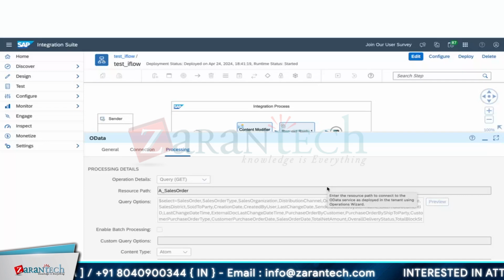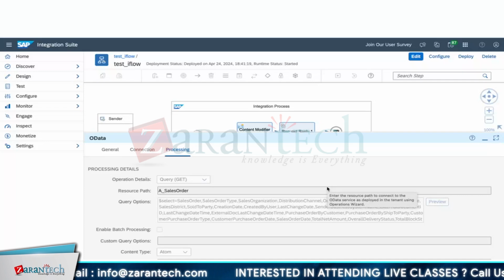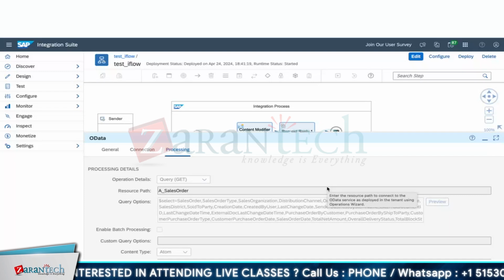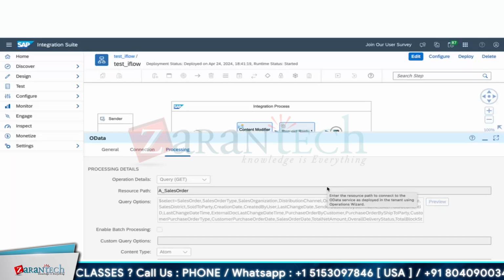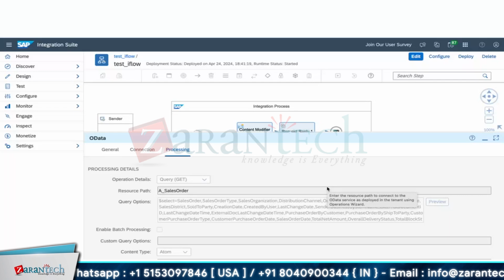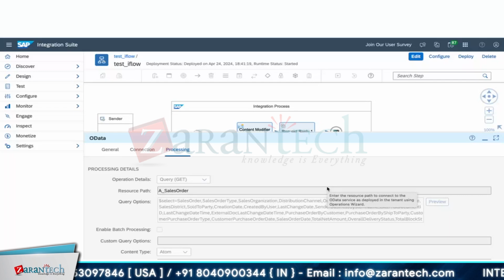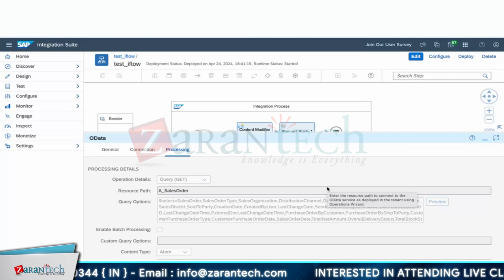I will tell in detail which is the best in our coming modules, but it depends on your requirement. To give a background, SCPI understands XML more than any other technology. Even though you get the OData in JSON format, you need to do the conversion to XML, because SCPI loves XML more than any other protocol.